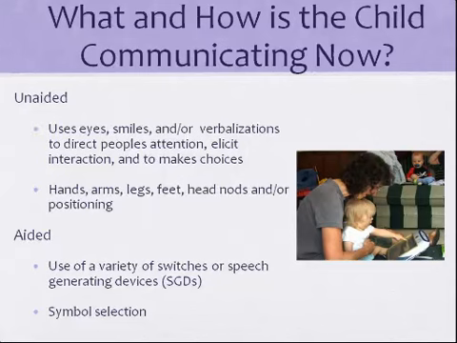So, what and how is a child communicating now? Keep in mind, verbalization may be vocalization. The child may be producing word approximations or a word production. They may be telling us important messages with their hands, their arms, their legs, turning their heads or leaning in. Aided, that is using speech-generating devices, or recognizing the message on the switch, requires a time for learning and using, but it is motivating.